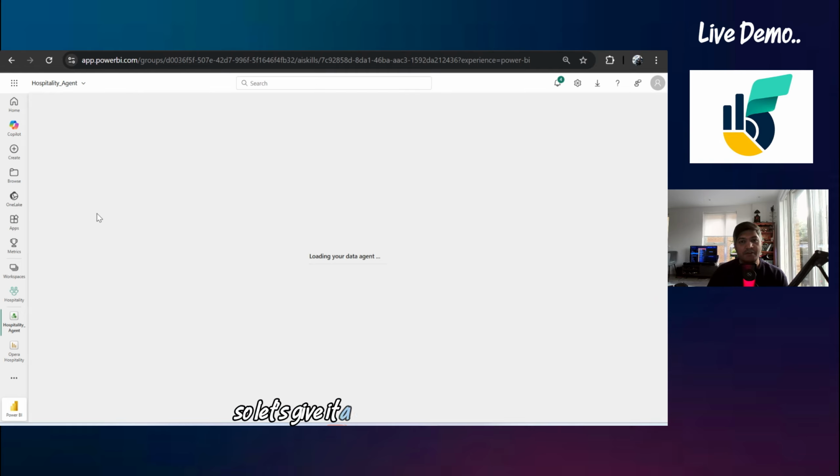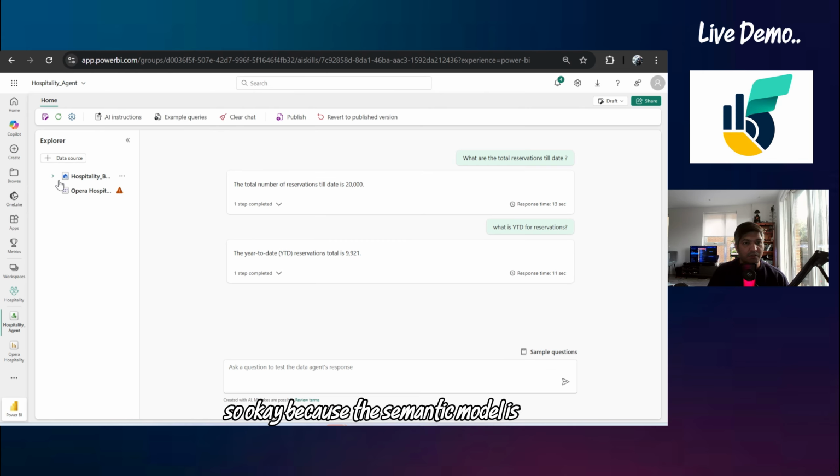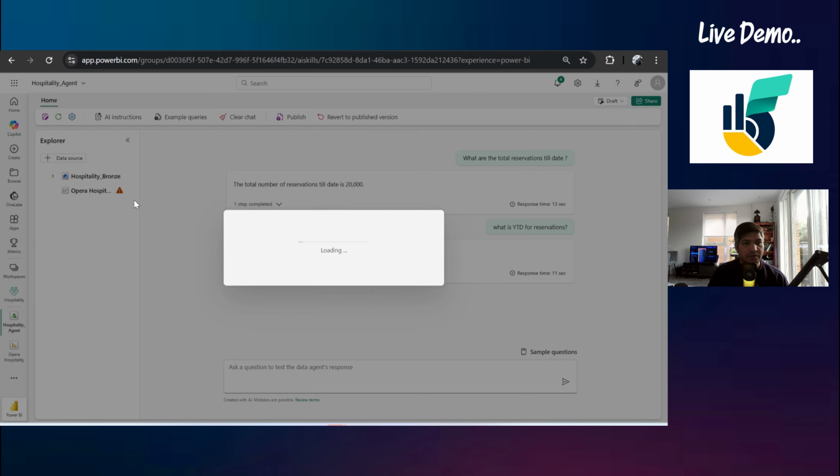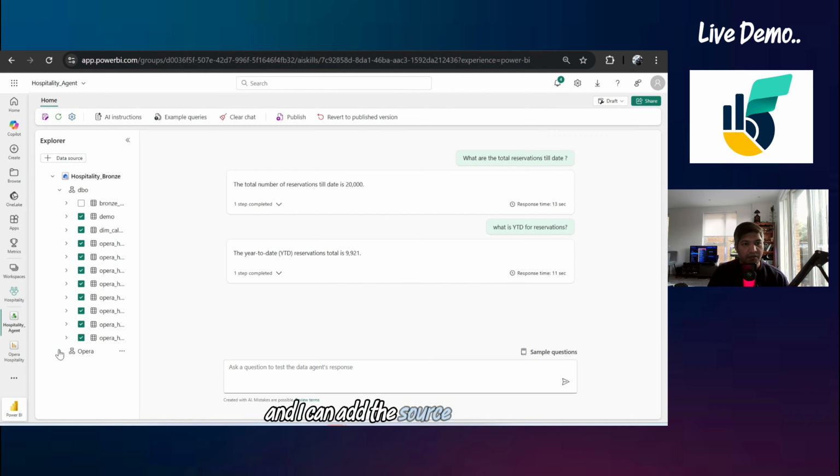So let's give it a minute. Let the agent load. Again, this is very fascinating because I'm trying this for really the first time along with you guys. Because the semantic model is broken here, I can remove this and the tables, that's fine. And I can add the source here. This is fine. Publish this